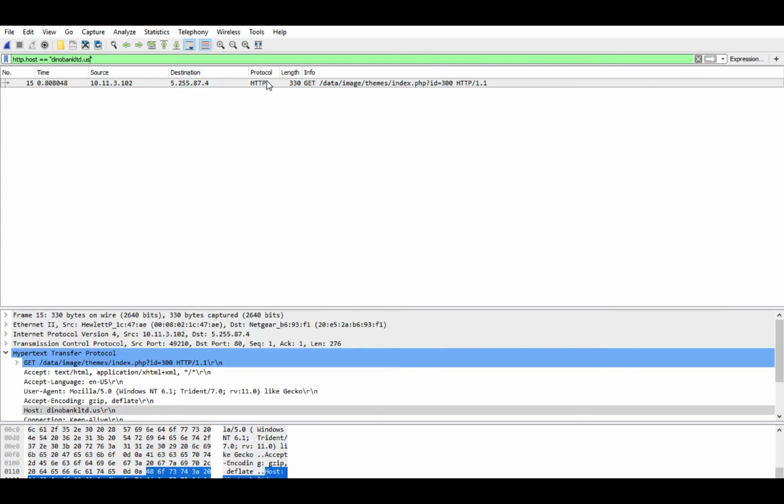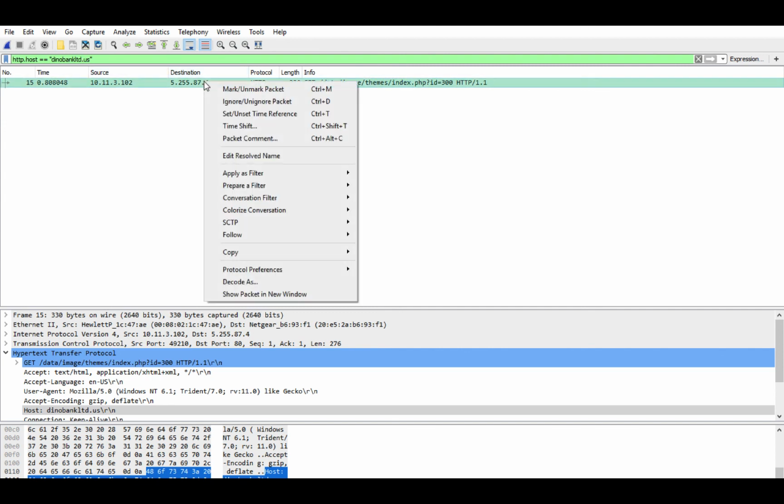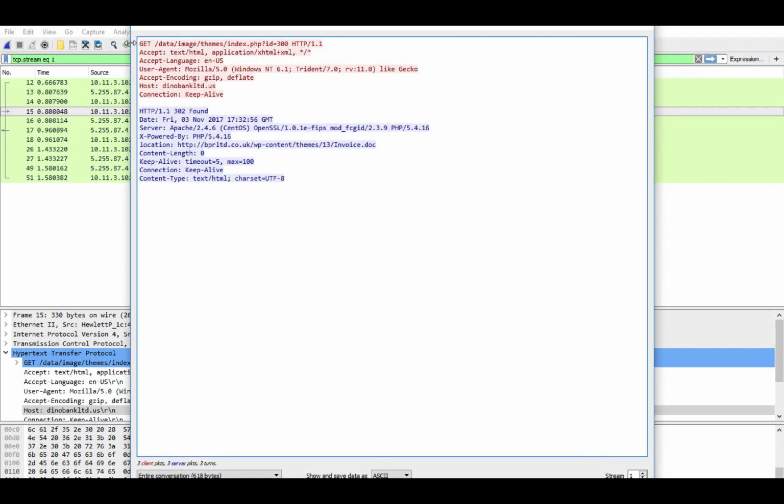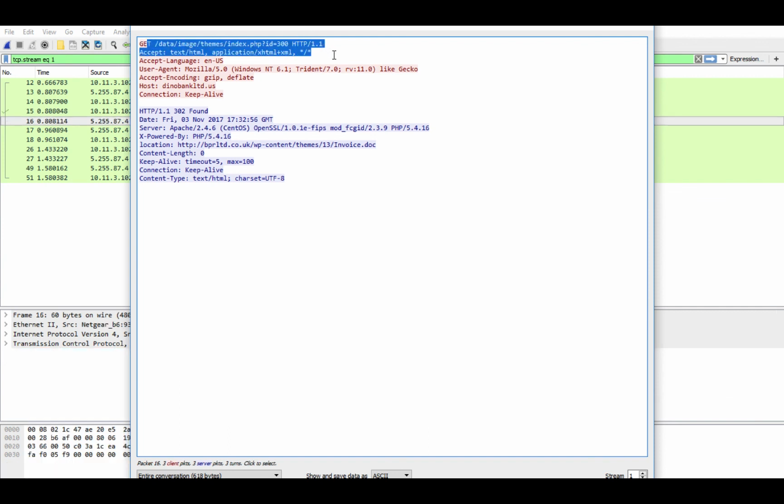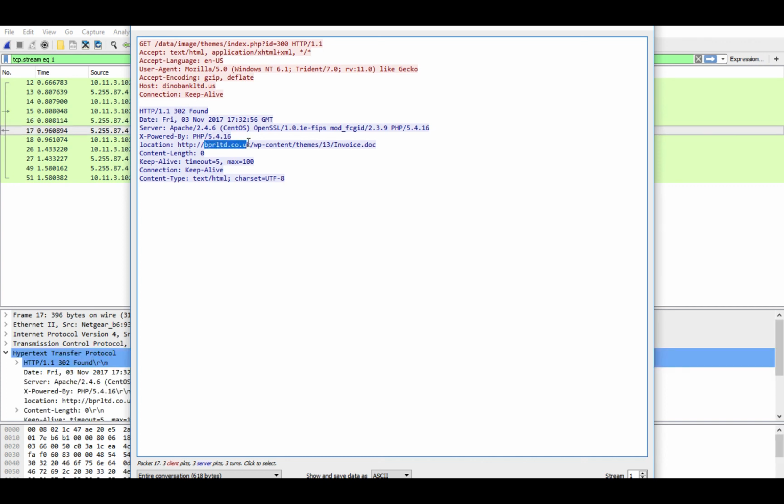This one. So we have the GET request that has this domain as a host. It's just a way to speed up, rather than going to DNS, getting the IP, and then searching for the IP, and then we get the whole data. Then we can just follow the TCP stream and get the whole request. We can see here the host is the new domain, and the response is also another redirect. So we can take this one as a domain to search for, and we can see here the redirect is